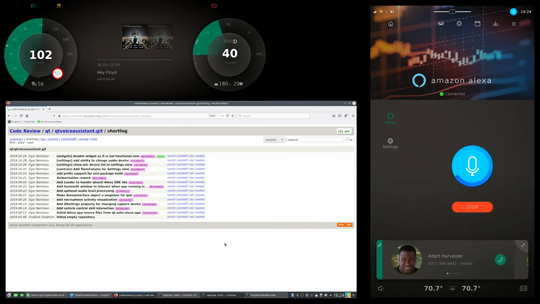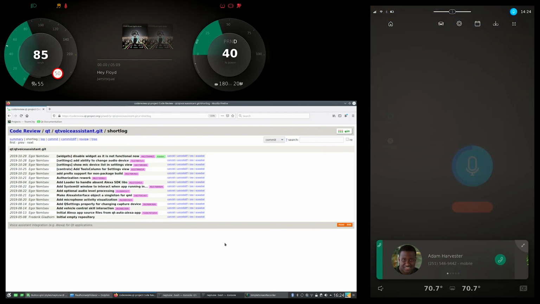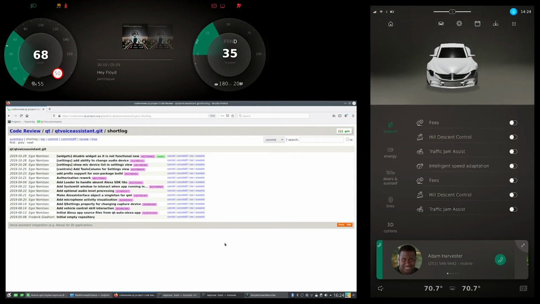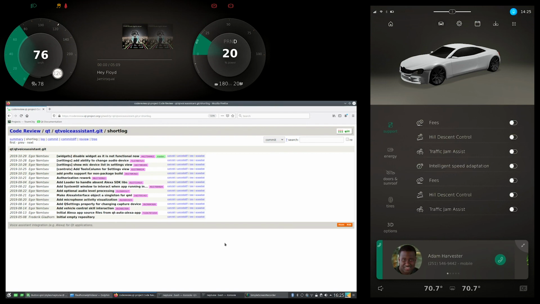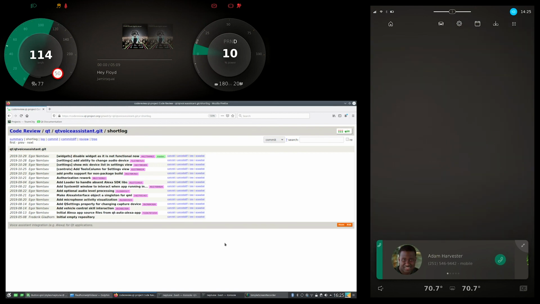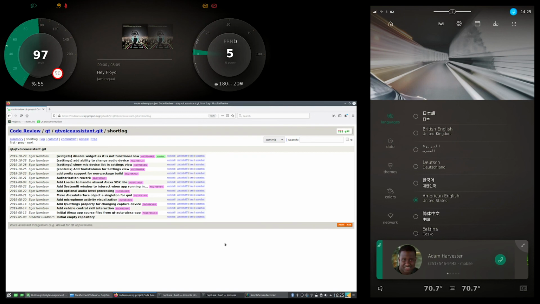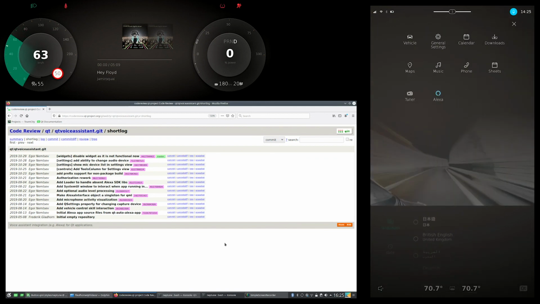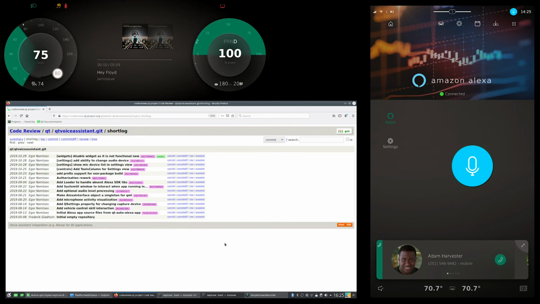Alexa, open Qt car. Go on. Open the left door. Open left door. Close the left door. Close left door. Open the sunroof. Opening the of. Open the sunroof. Open sunroof. Open music. Opening music. Open settings. Opening settings. Stop. Goodbye. So what you can also do here is, as I said, have a dialogue when Alexa shows some